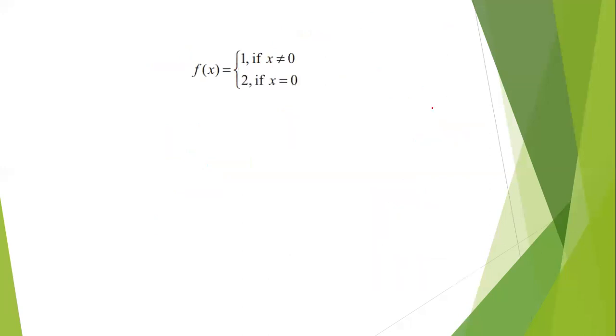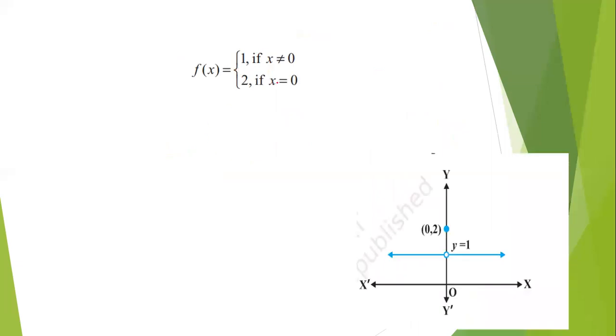Even if you take this example, here also what's given is, for x not equal to 0, for values other than 0, the function value is 1. Only for x is equal to 0, the functional value is 2. So here, if you see, we get a straight line, but for 0, what is the functional value? It is 2, right? So only here there is a break. So we cannot draw it continuously because this point is not included. Here also we say that the function f of x is equal to 1 if x is not equal to 0, 2 if x is equal to 0, is not continuous.